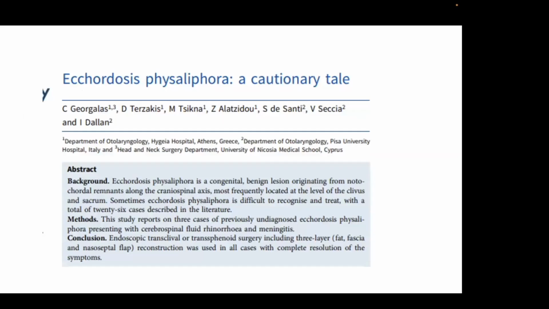I heard about this pathology at first. Thank you very much. So this is actually a paper